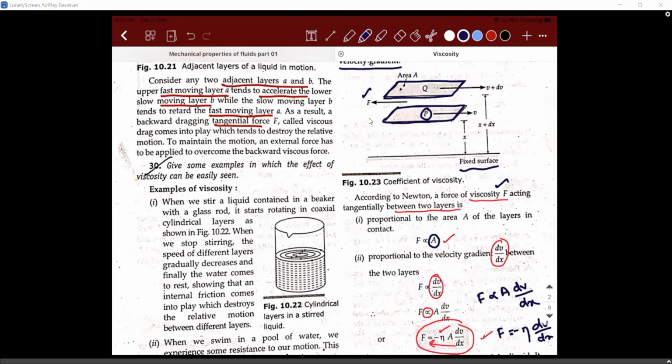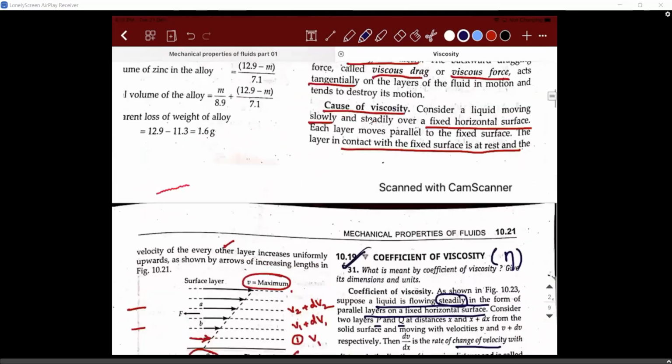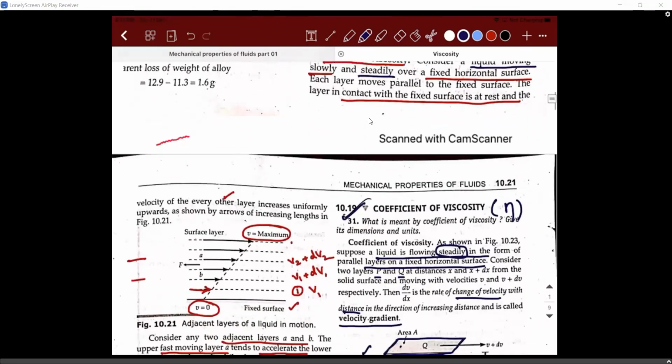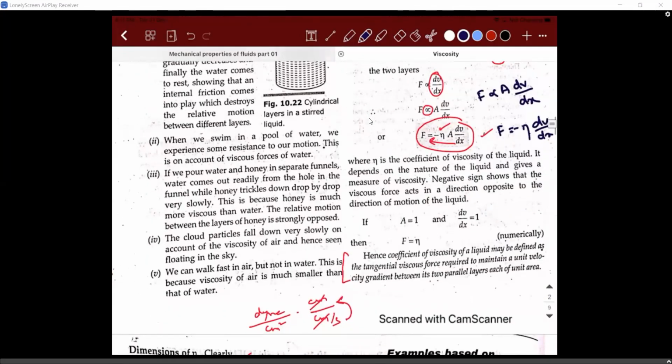Sir, so it basically depends on the shape of the container in which the fluid is? Shape of the container, here one important point you missed. The first itself I told, suppose a liquid is flowing steadily. When you're talking about steadily, there are going to be parallel layers. You will be concerned about all those things only when it is a turbulent flow. Here everything is considered in the steady condition. That is why yesterday also, in the cause of viscosity, I told you one important point: consider a liquid moving slowly and steadily. Under that scenario only these things are going to happen. So whatever we are discussing, we are still not out of the steady flow concept, though it is a non-ideal liquid because it has some viscosity.